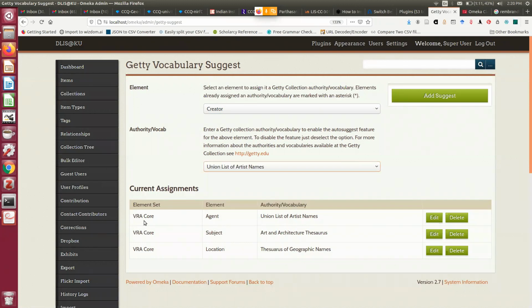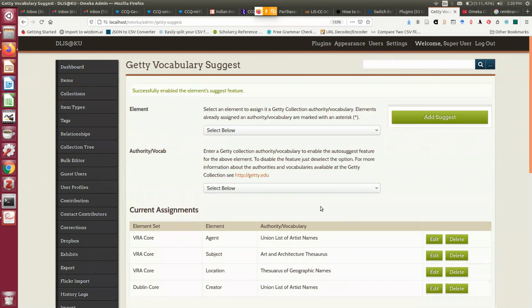So previously I created VRA core agent. Now I am also creating Dublin core creator with union list of artist name.